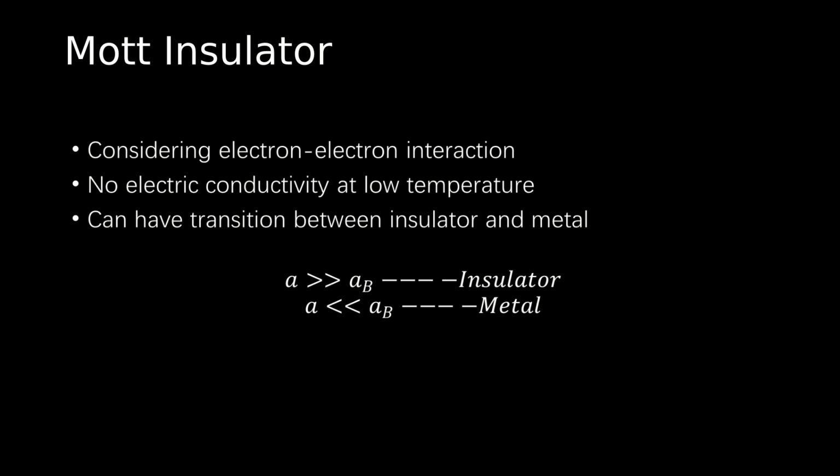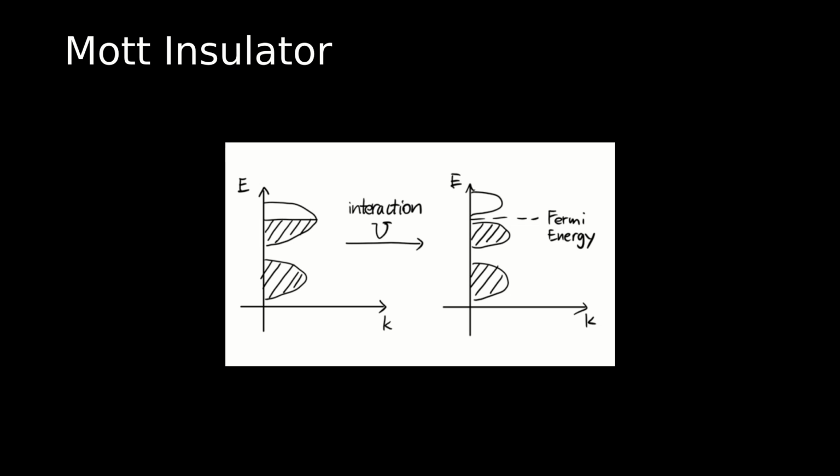If A is smaller than AB, then it becomes a metal. Here is a graph that shows the interaction which changes the material from a metal into a Mott insulator. The transfer between them,